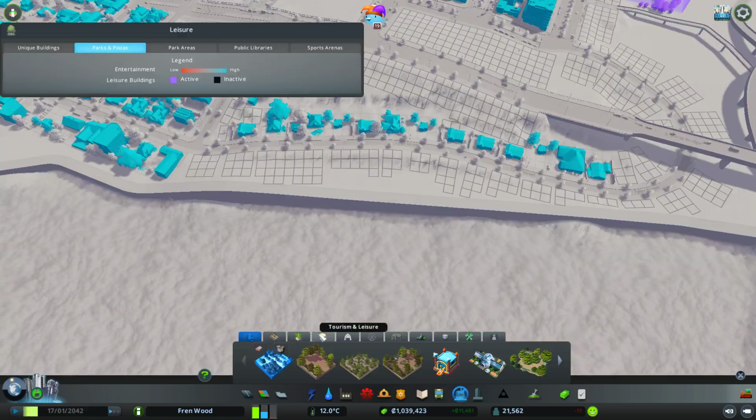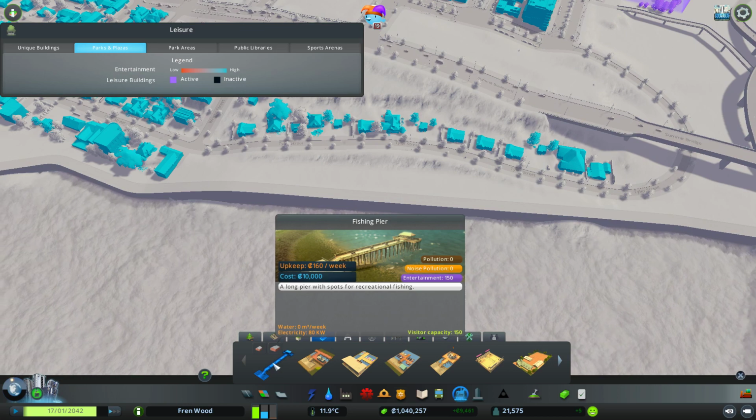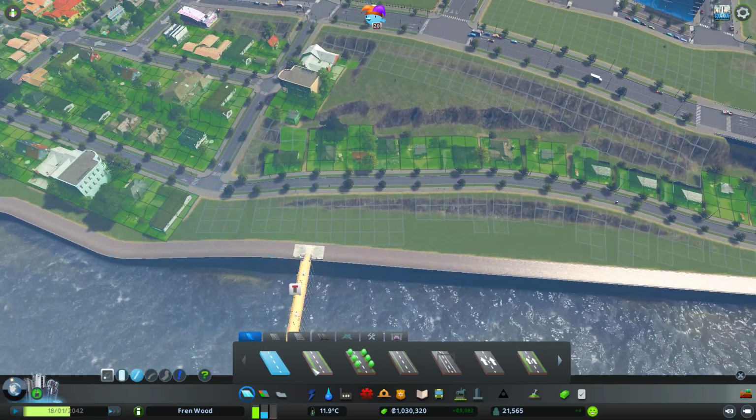I think there's some stuff under the tourism and leisure that we can put down here. So what do we have to use? A fishing pier might be quite a good idea. Let's see if we can pop this down. And of course it does need its own road connection, so maybe